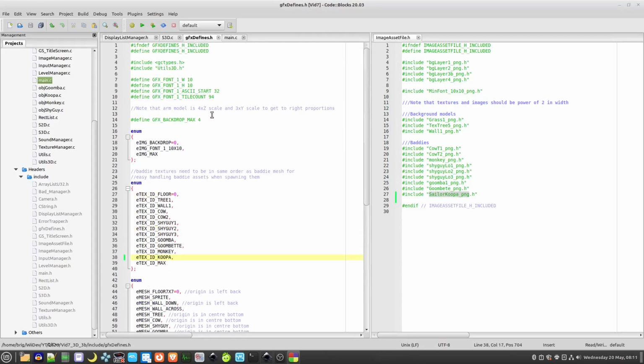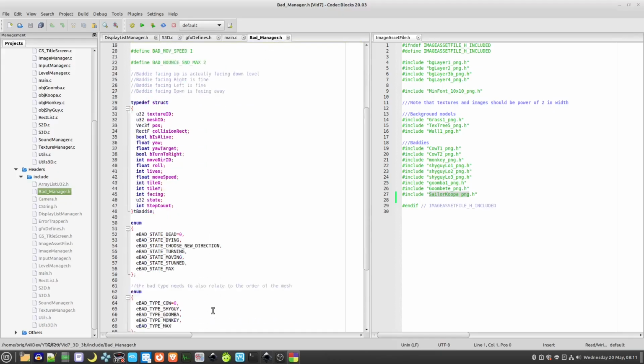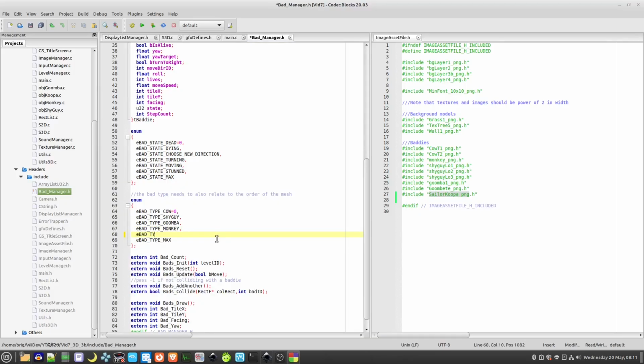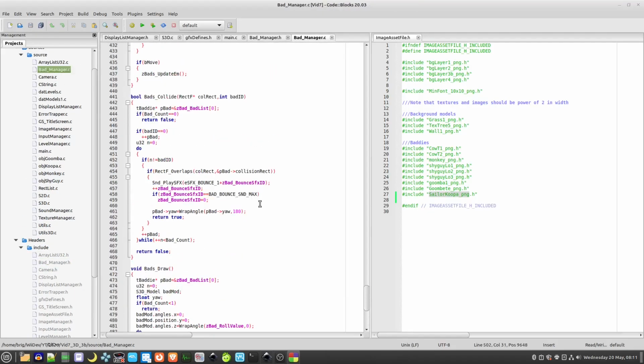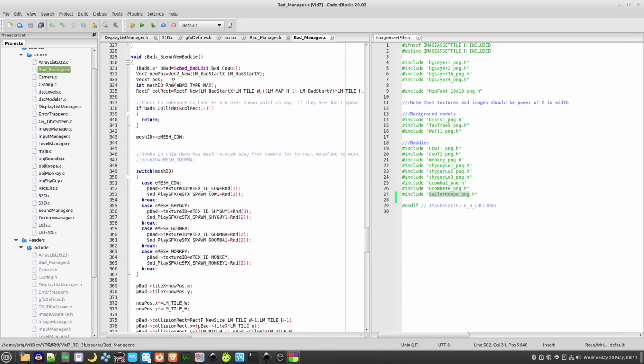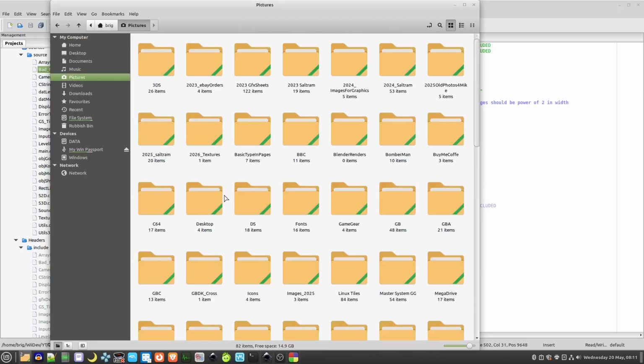Now we need to, let's see, we're going to need to update the body manager here. So there's nothing in it. Here we go. There we go. That should allow the spawn function here. So there's a spawn function here. What it basically does is, if I come back to pictures a moment,